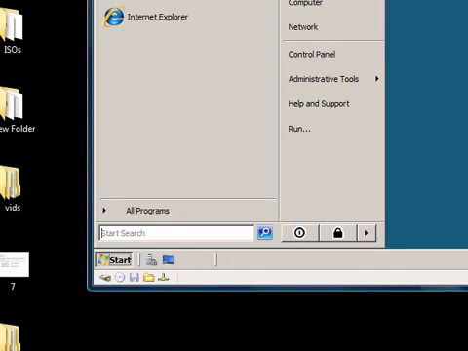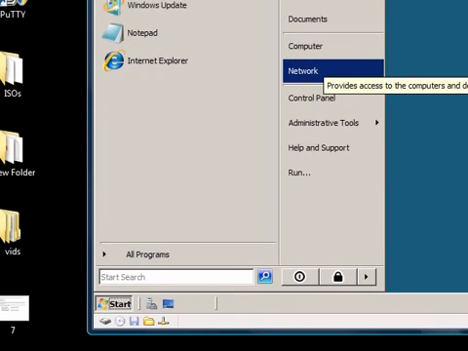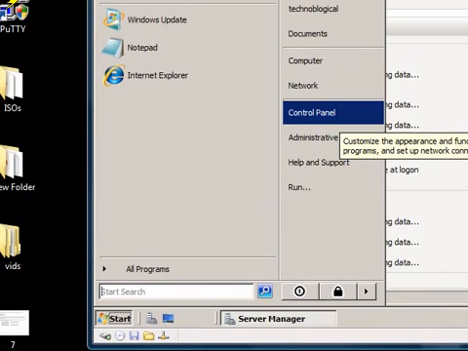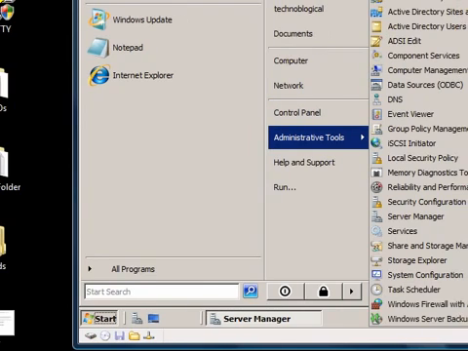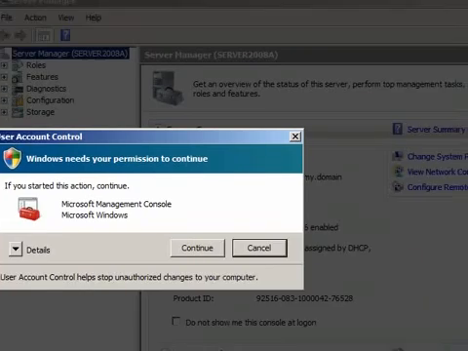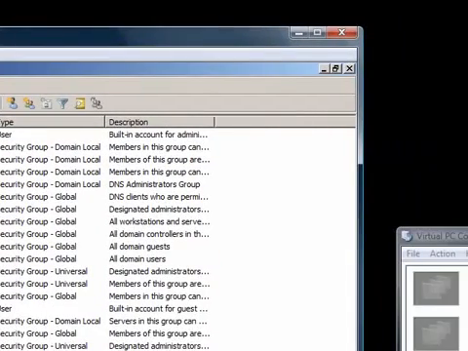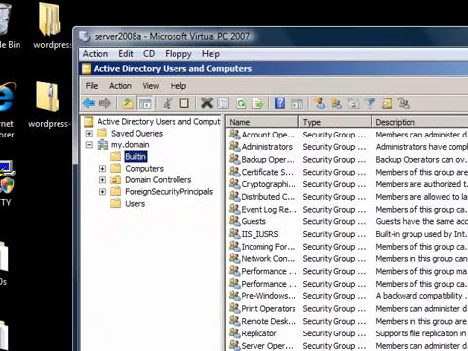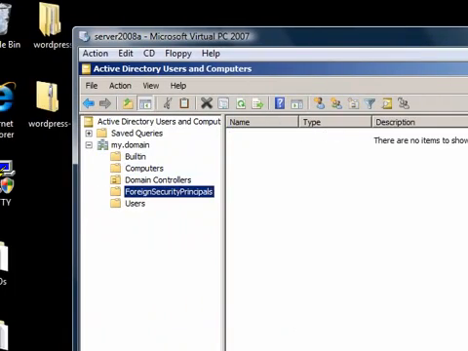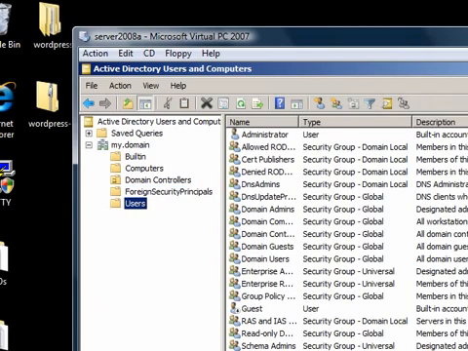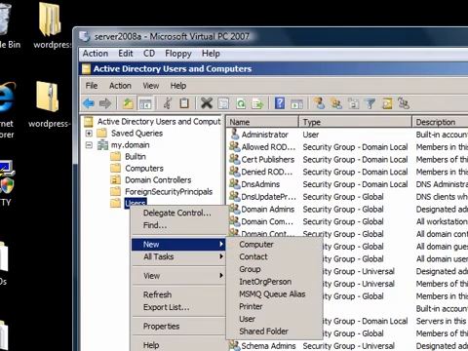So start, and then admin tools, Active Directory, users and computers, continue. So I figure out which container or organizational unit I want that user to be in. Let's just use the user's container. So right click, new, user,